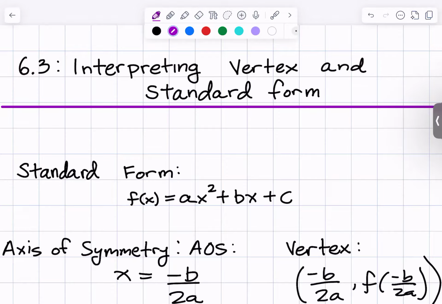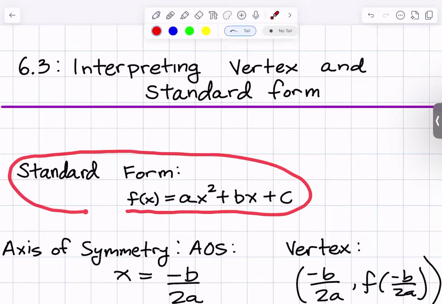Welcome everyone. This is 6.3 on interpreting vertex and standard form. So last lesson, right, we went over and talked about vertex form, and I introduced to you the parent function of a quadratic, y equals x squared. And we talked about vertex form and where the vertex is and the special qualities about the vertex. Now we're getting into standard form of a quadratic, and the standard form of a quadratic is f